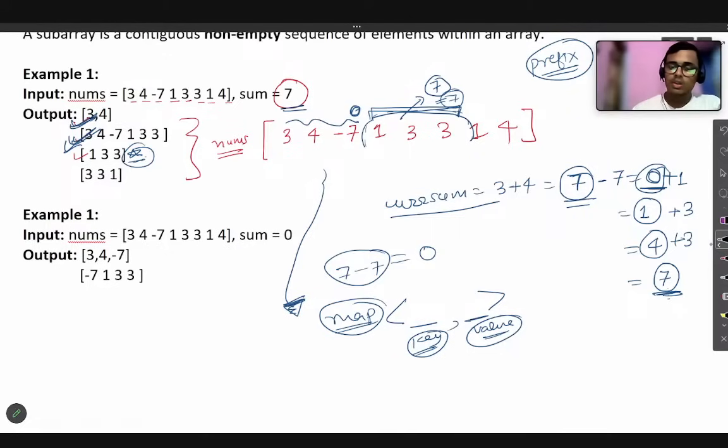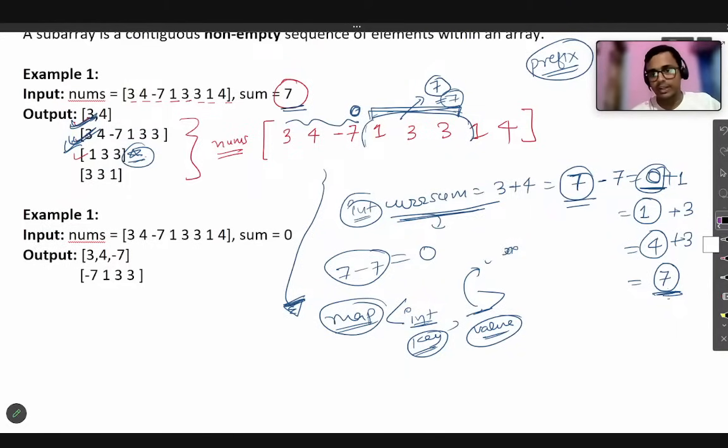Now in the key, we are taking the variable as this current sum. Why we are taking it, you will get to understand when we try to run it, okay? So the data type of this current sum obviously will be integer. And now in the value section, we will be taking the indices or indexes. Let me write it here: indexes where we got that current sum, okay?